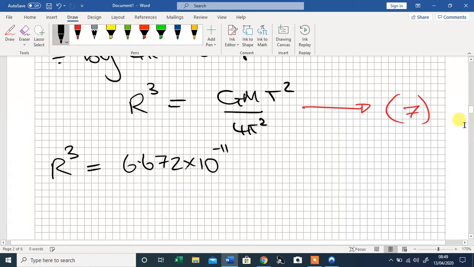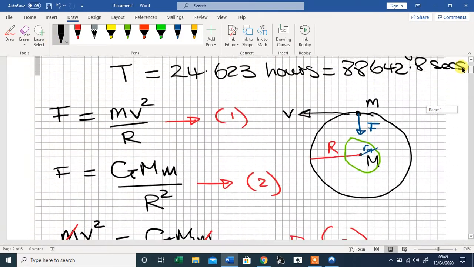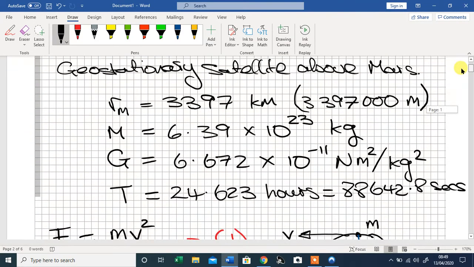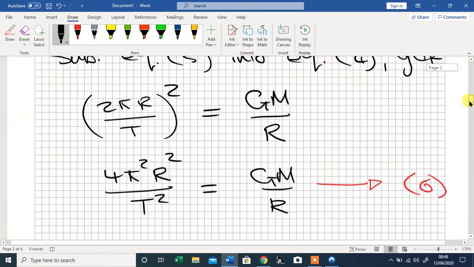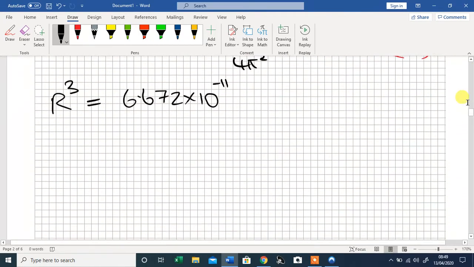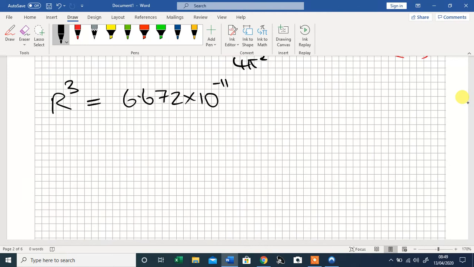I'm going to check that because I don't remember things very easily. So big G is 6.672 times 10 to the minus 11. M here is equal to 6.39 times 10 to the 23. So that is times 6.39 times 10 to the 23 times